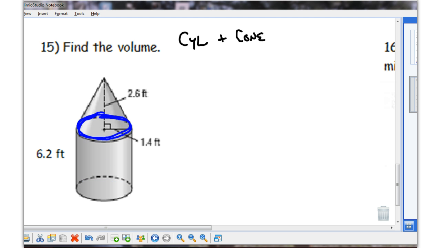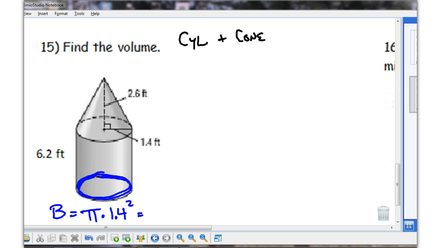Yeah, so we're going to use that capital B, the area of that base, twice. So let's go ahead and write that out separately. Area of a circle is pi r squared. So we'll do pi times 1.4, that's the radius, and square it. So pi times 1.4 squared, that gives us, using 3.14,